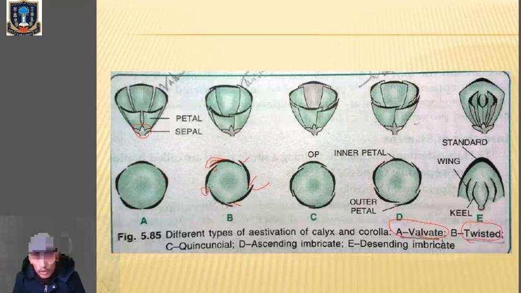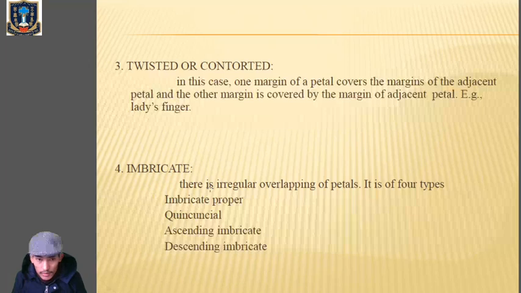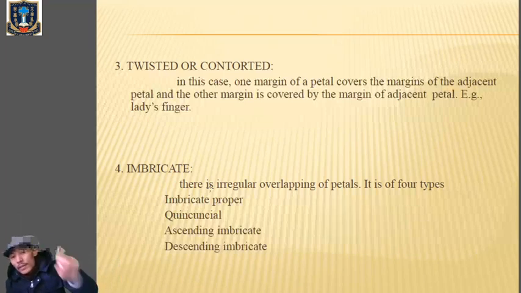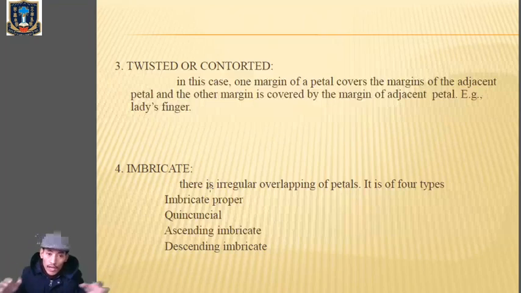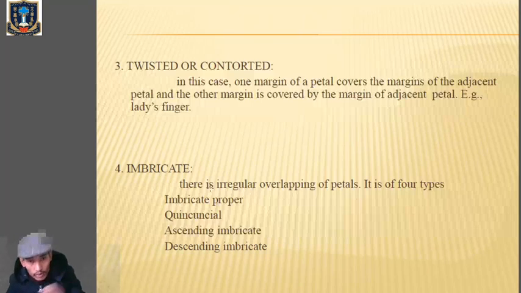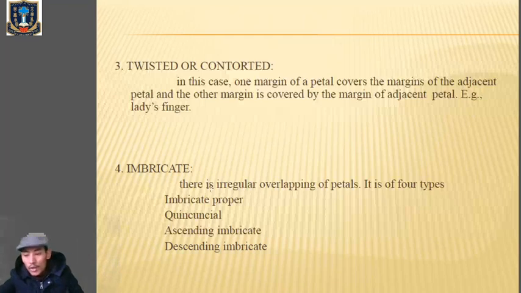Now the fourth one, we'll talk about the imbricate estivation. What does imbricate estivation mean? There is irregular overlapping of petals. Like in case of twisted, we are observing that the margin of one petal is being covered by the margin of adjacent petals, and in return the other margin is covered by the margin of adjacent petals. So we are finding some degree of overlapping over there, but in a regular manner. Clear? But in case of imbricate estivations, we are finding irregular overlapping of petals. There are mainly four types: imbricate proper, quincuncial, ascending imbricate, and descending imbricate. Let's see the diagram and it will be clear for you what the difference is between twisted and imbricate